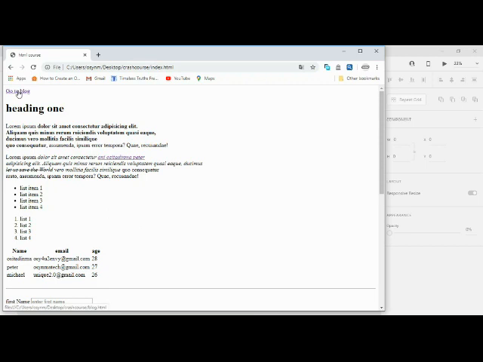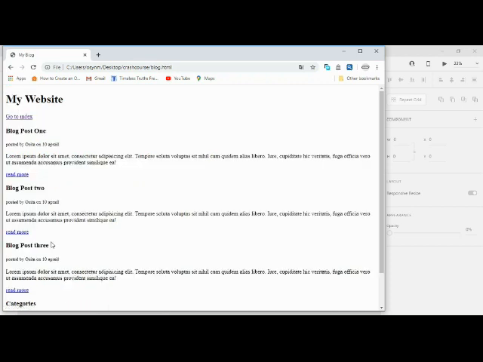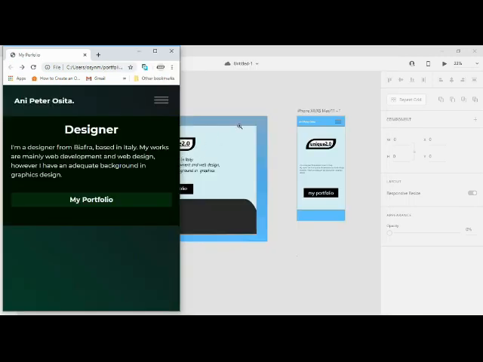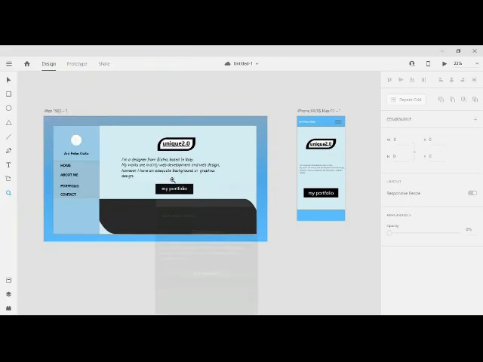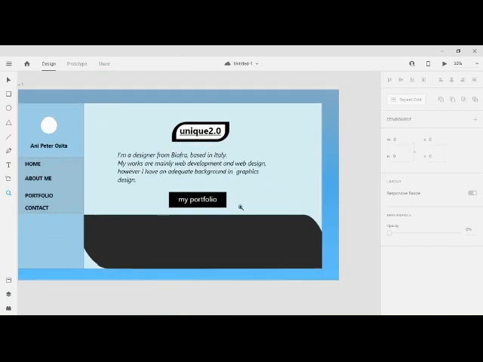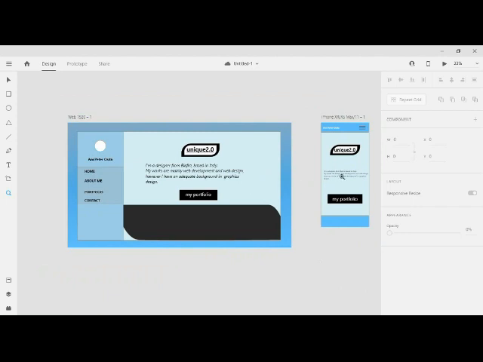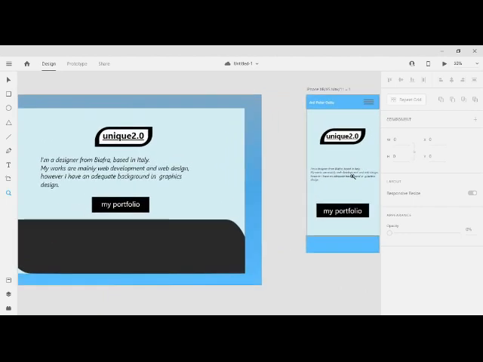And here we're also going to learn how to link pages. Like when you click this go to blog you are seeing here, it will take you to a blog post on my website, as you can see here right now. And we're also going to be covering the web design that will take place here. Here is where we are going to do the whole designing. Here will be for the desktop, while this will be for our